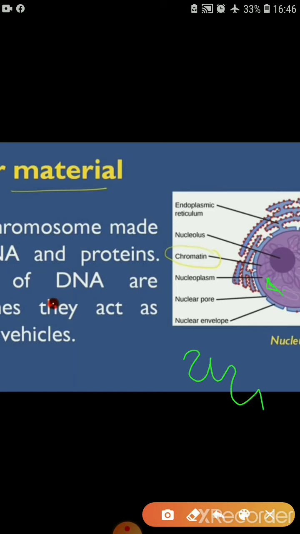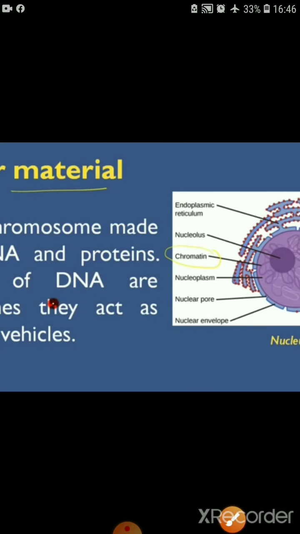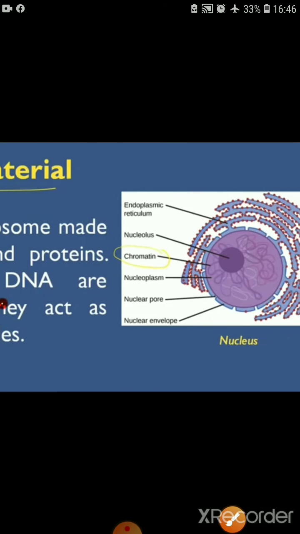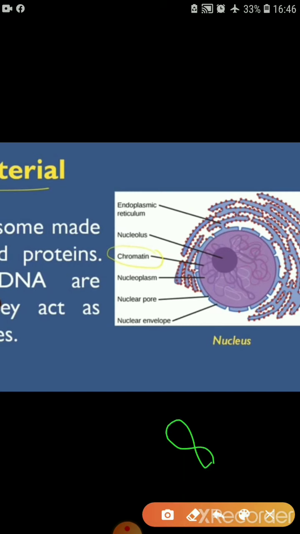The thread-like chromatins we saw earlier will turn into a ribbon-like structure, right? This ribbon-like structure will be called